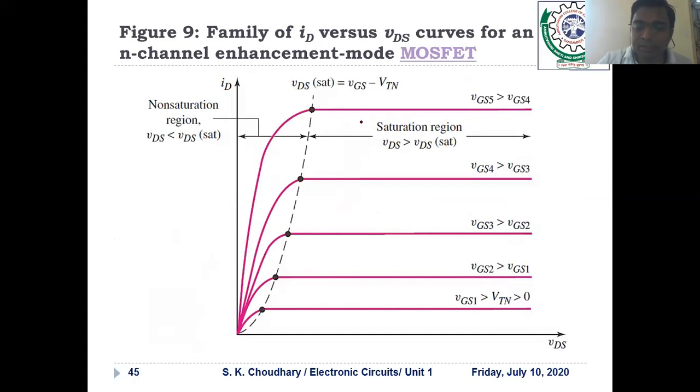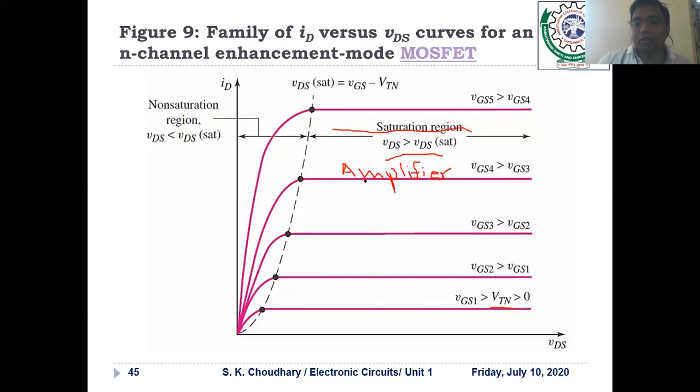So we have seen this diagram. In this diagram you can easily see that wherever there is a flat region, that is the saturation region. We have discussed the condition for that. The condition is that your gate to source voltage should be greater than the threshold. The second condition is that your drain to source voltage should be greater than VDS sat. This is the saturation region, and in this region your MOSFET would act as an amplifier.